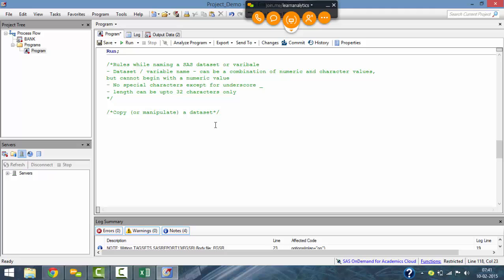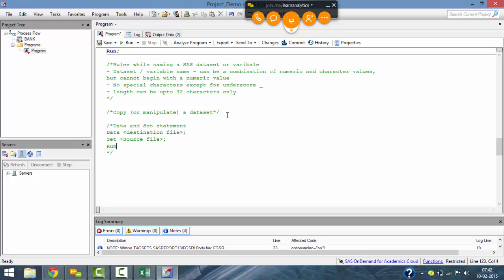Okay, how do we do that is a simple thing. We do that using a data and a set statement, and the syntax for it goes like this: data destination file, and then set source file. So with your data statement you always specify the destination path, and with set you always specify the source path,